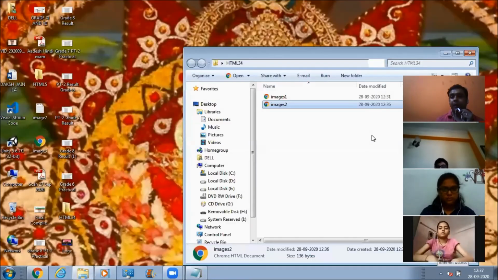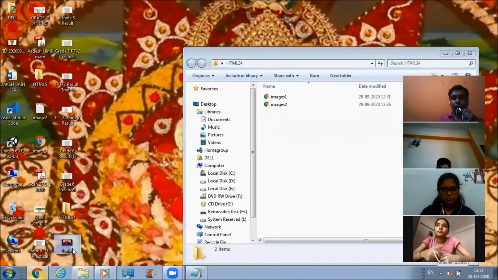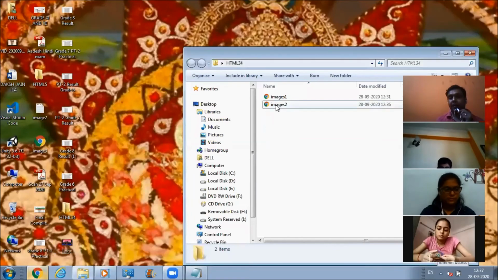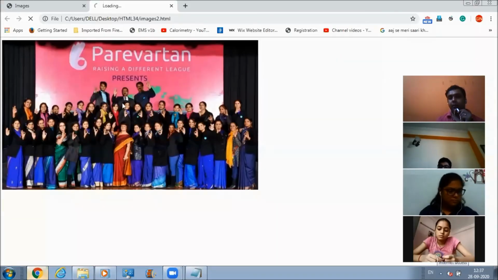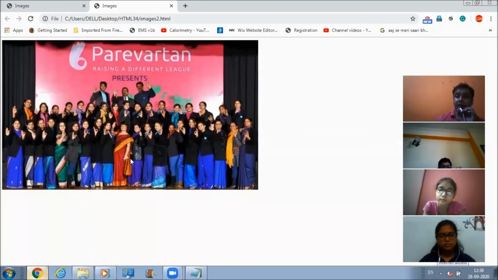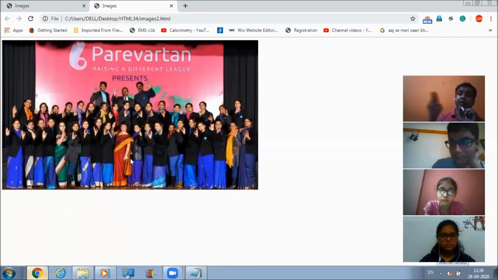Now let's see whether we'll be able to access this logo image on this web document or not. How can we see that? Just by double clicking this. So are we able to access the image now or not? Yes, sir. So this is how you have to define the path of the image, which is not present inside the same folder in which your HTML document is present.